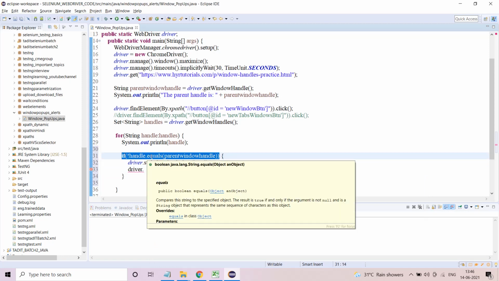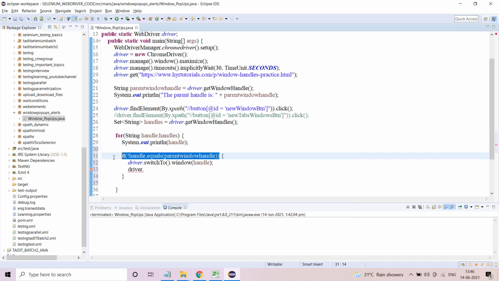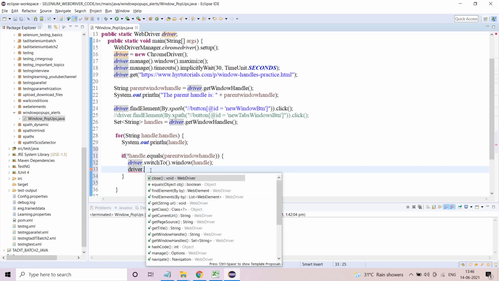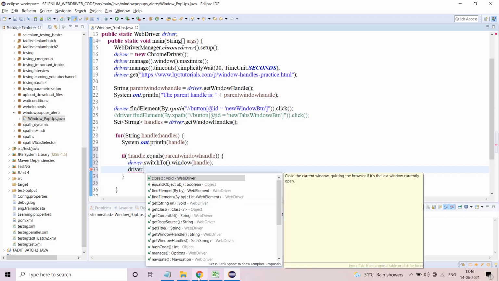This condition removes the confusion of Selenium. Now the code is asking me to switch to that particular child window. So this condition is very, very important. Once this condition is satisfied, Selenium will switch to the child window, and then you will go to driver dot whatever name you want to give.